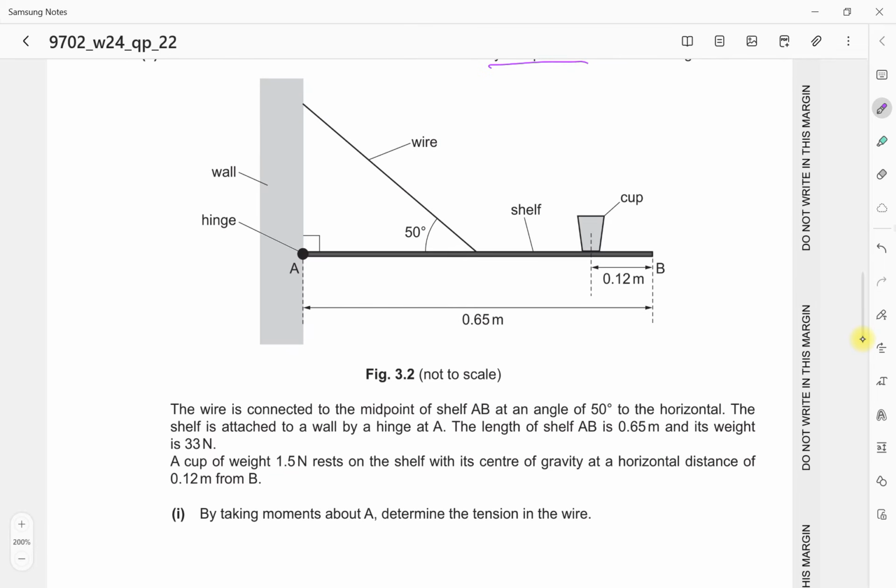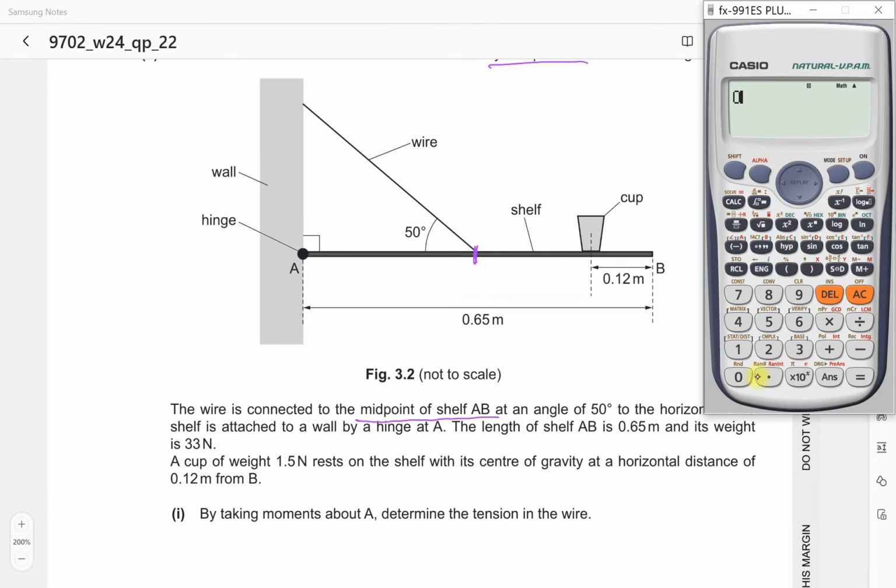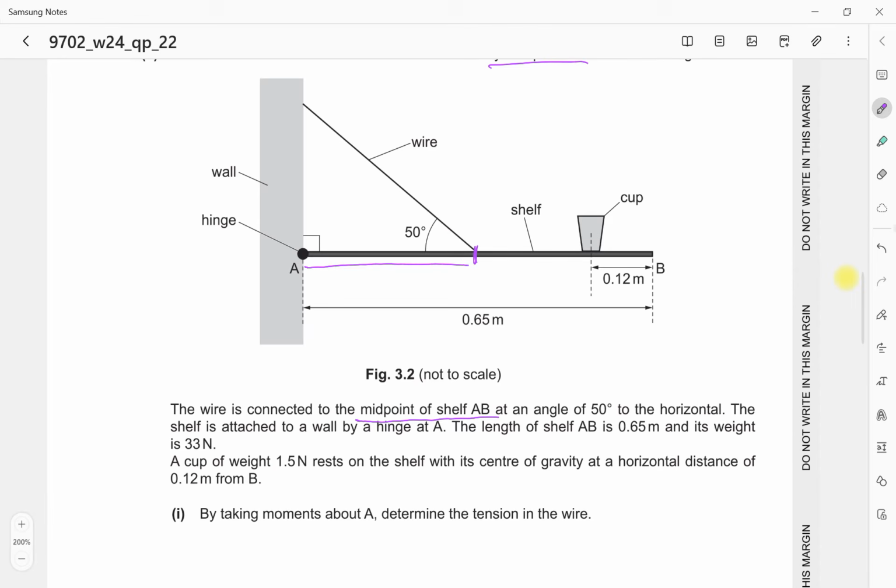The wire is connected to the midpoint of the shelf, which means this distance is 0.65. When I divide it by 2, 0.65 divided by 2, this distance here is going to be 0.325 meters. That is that distance there, which also means